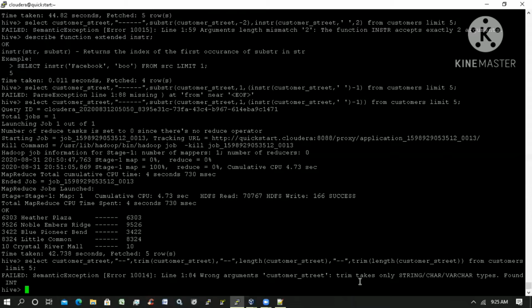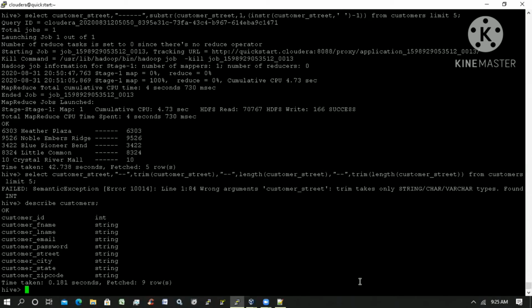Then what is the data type here? String only, right?